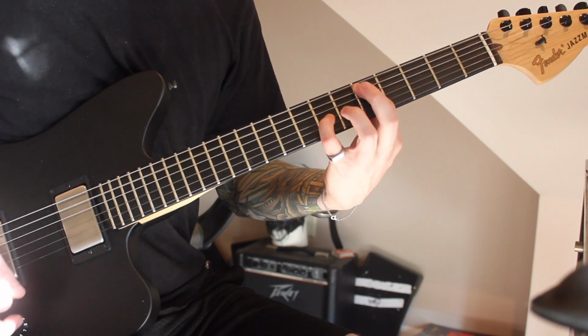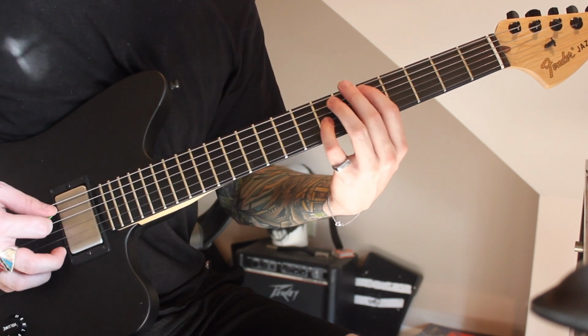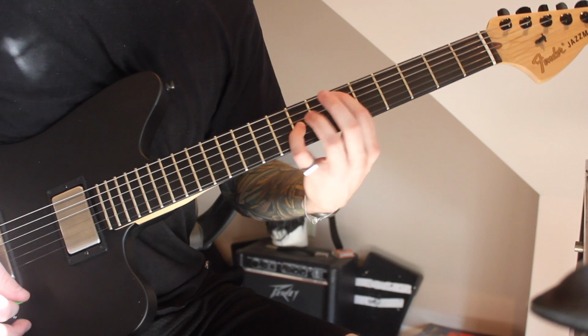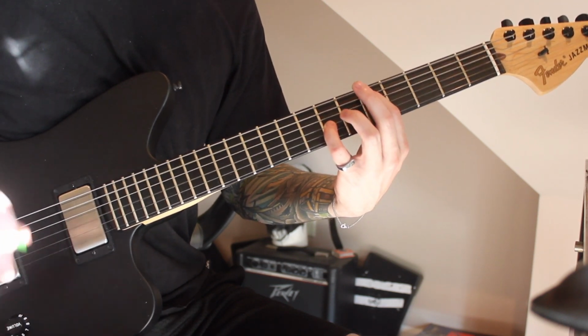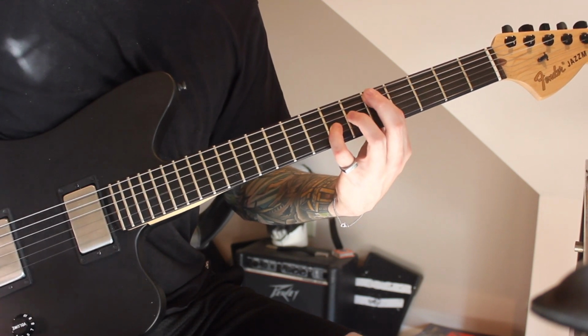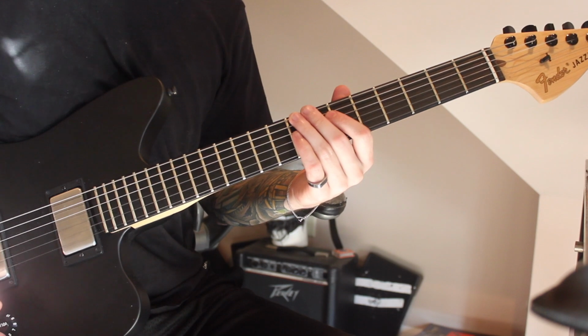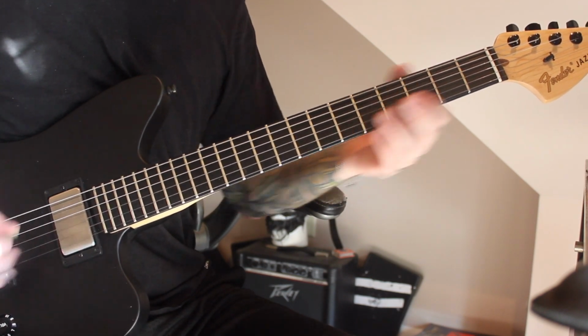So just gonna bend, go up to 6 and then bend that as well. And just back and forth. So I'm just picking once and just letting it ring and bending, alright? And the choruses are going to be basically the same thing as that,